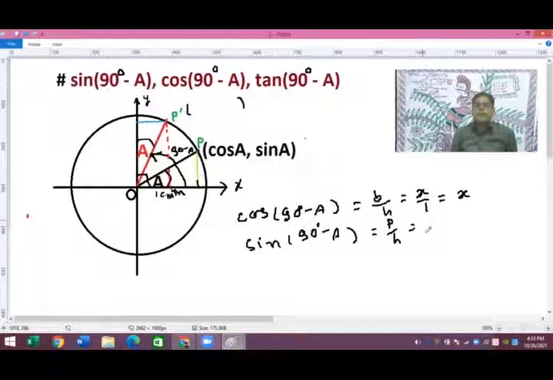So you can write y coordinate, and h is 1. So y coordinate we have found as sine 90 minus a. So let's see here that in place of x coordinate we have cos 90 minus a, and in place of y coordinate for the point P dash, this is sine 90 degree minus a. Let's relate this with the another angle a. We are taking the same amount of angle a over here with respect to this angle